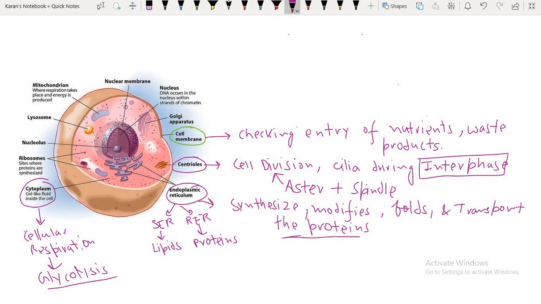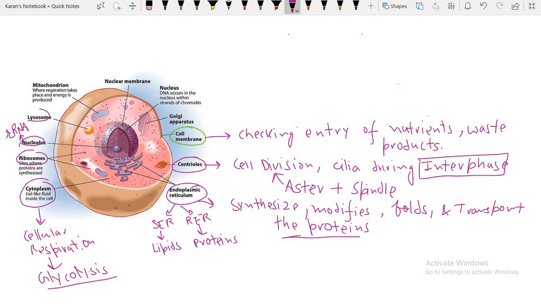Now the next thing which you can see here is ribosomes. Ribosomes are the site of protein synthesis, and moreover here peptide bond formation occurs, so that is why they form proteins, right? Then you can see the structure nucleolus. Nucleolus is very important. Here the ribosomal RNA, also known as rRNA, is synthesized, and you can see it is inside the nucleus. Here the biogenesis of ribosomes also occurs.